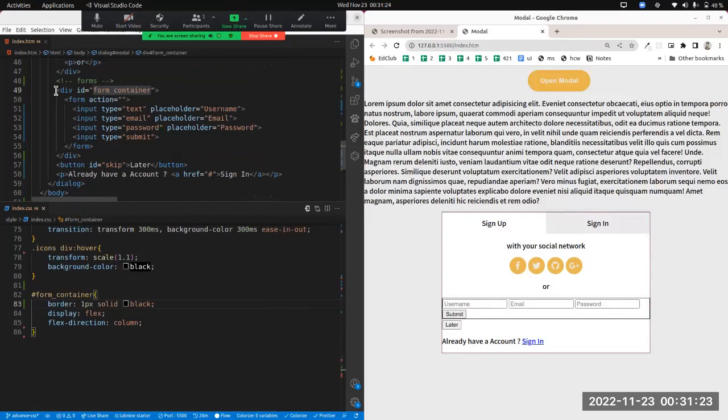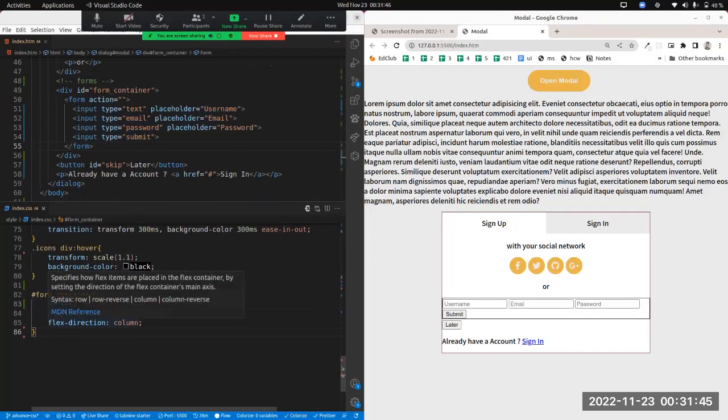Why is it not coming? Okay. I need to give it to this form, right? Here it will not work because there is only one child. But okay, form container, or what we can say, you can use it, or you can also remove this, I think. Okay,